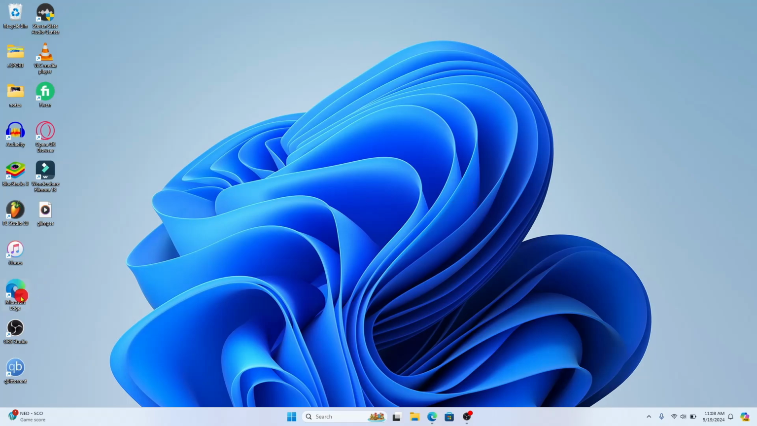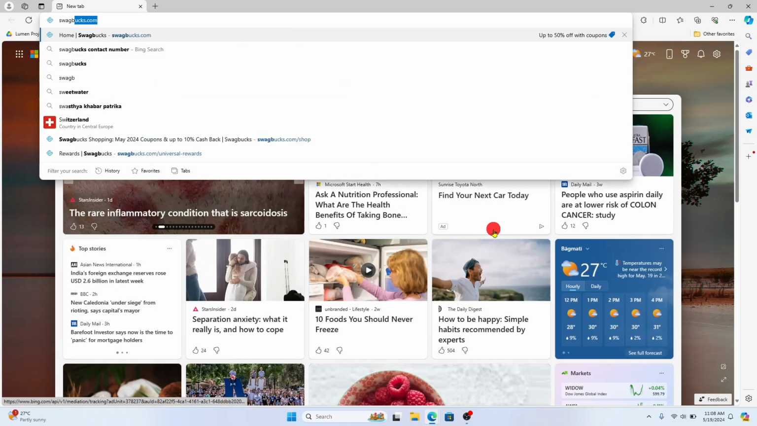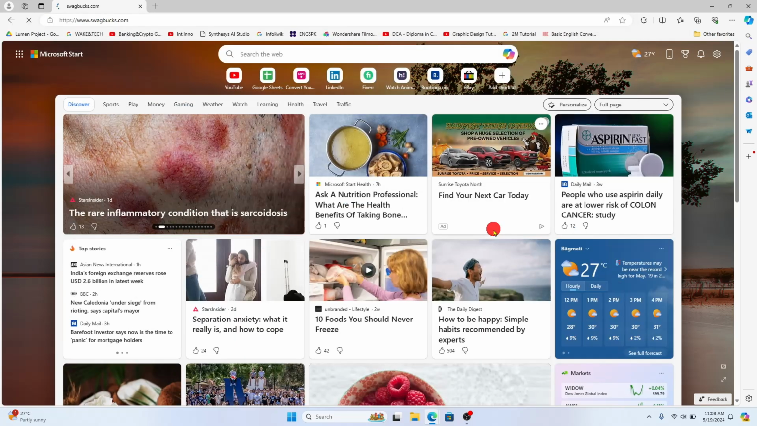First of all, open up your web browser and then in the address bar type in swagbucks.com and press enter. You will now be taken into